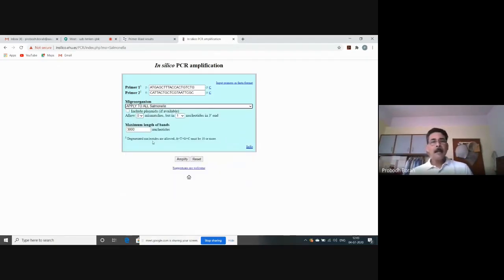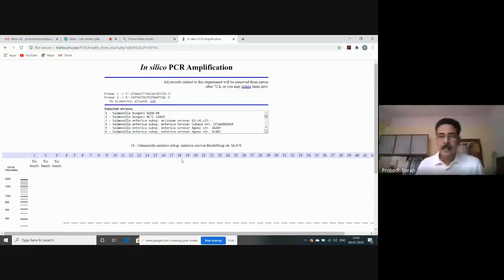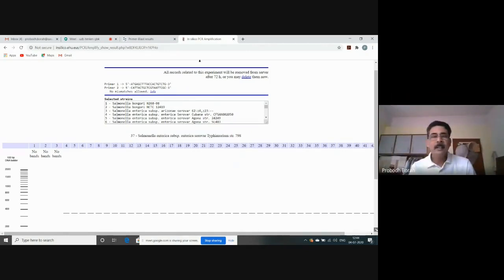Then it has some other parameters. We'll not go into that at this point of time. We'll leave it by default. Then we'll click amplify. It will take only 15 seconds to do the amplification, and it will show us the result in the form of a gel picture, as if it is producing certain bands in the agarose gel. You see, it's a very nice expected